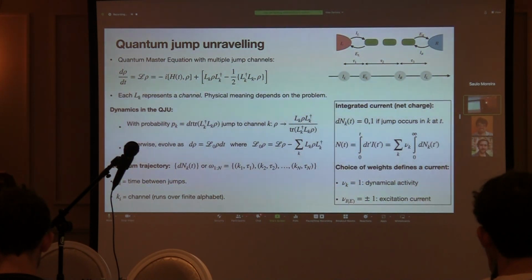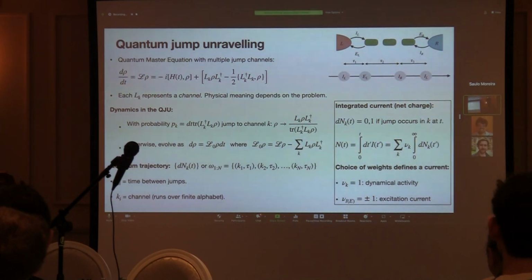Essentially, in the quantum jump unraveling, the dynamics goes like this. At each time step, you sample a probability to decide if you're going to jump or not. If you jump, then you update your state. Otherwise, you evolve your system according to this no-jump superoperator that is essentially subtracting from the Lindbladian the jump part. And so at each time step, you